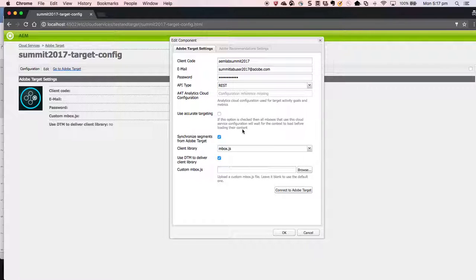Now you might be wondering that I did have an analytics for Target setup and it didn't show up. For this to happen, there's just a bit of patience required, because once you configure everything and press OK, AEM will then communicate to Target to check if the analytics for Target is enabled. Once it's checked that and loaded that information into AEM, then it will be available for you to start using. So once you press OK,